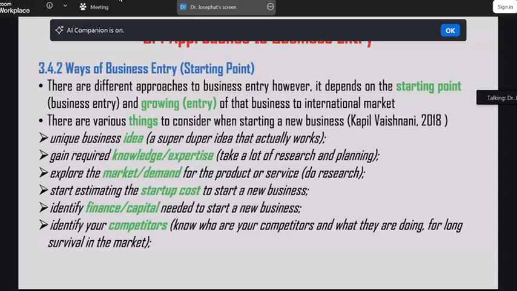So and the last, you need to identify your competitors. You have to know who are your competitors and what they are doing for a long survival in the market, their strengths, their weaknesses, and how the competitors in market in terms of market share and the likes will be the market itself. So these are some points ambazo mjasiriamali katika starting point anatakiwa azijue kabla ya kuanzisha shughuli yoyote